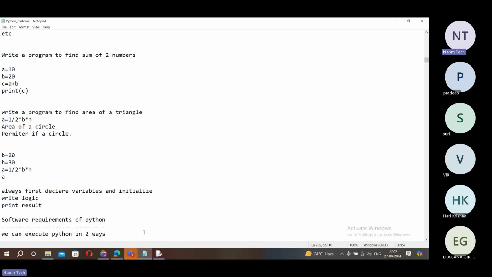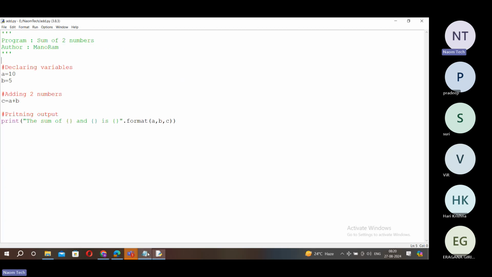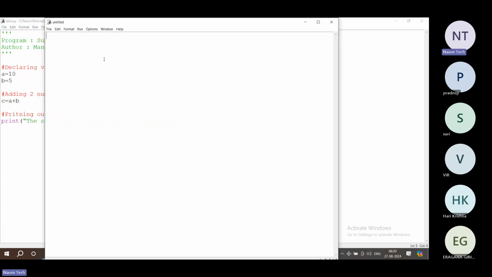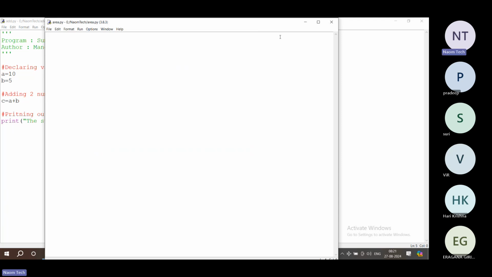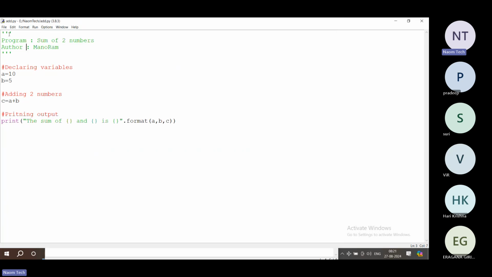See here, just simple. Next, you can change the name of the program here. Go to File, New File, and then save it as area.py. Anyhow, you don't need to type .py here. It will automatically get saved with .py. Okay, you can see here. Just type area, and .py will be automatically taken. Now, what should you do? The formula is half base into height, right? So copy this